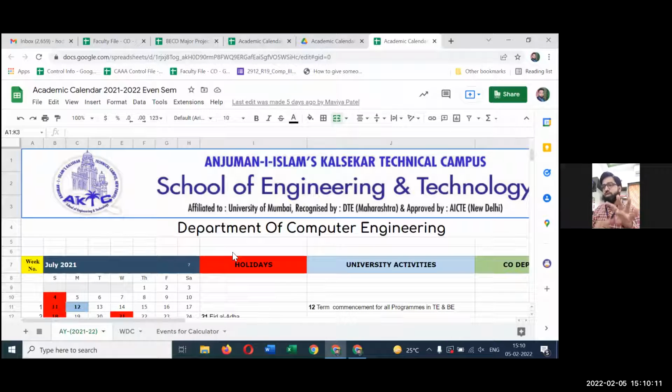Since this is an academic calendar, I want all faculty members and all students of my department to have view access to this file. Then I want to restrict the edit access, and suppose I decide that only my departmental clerk will edit this file.